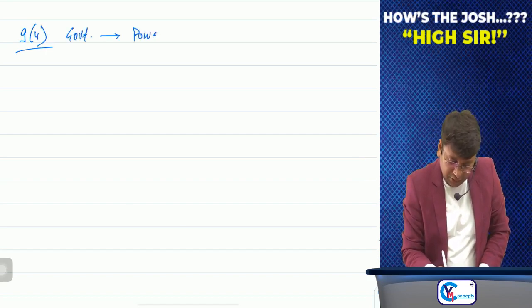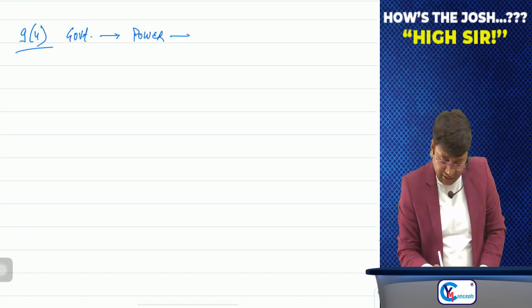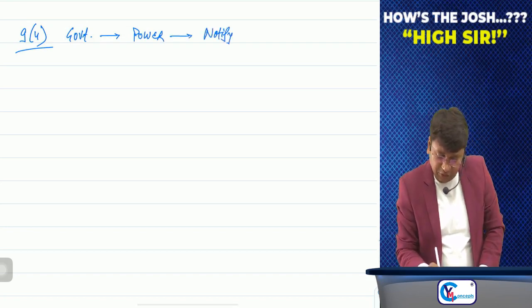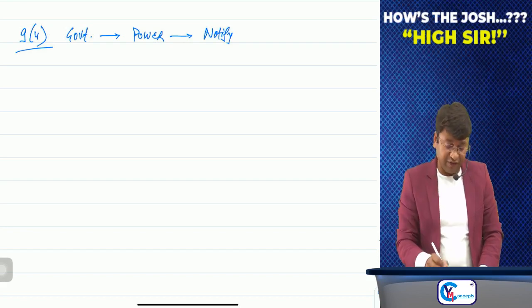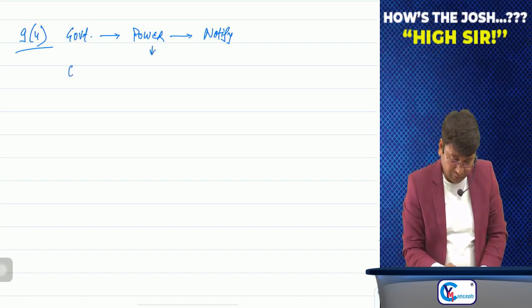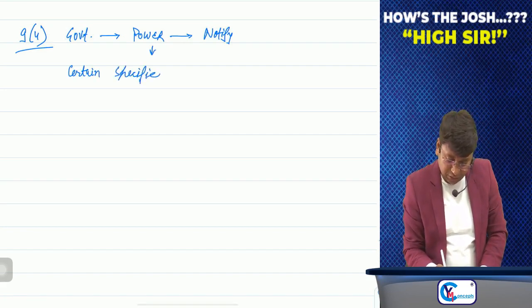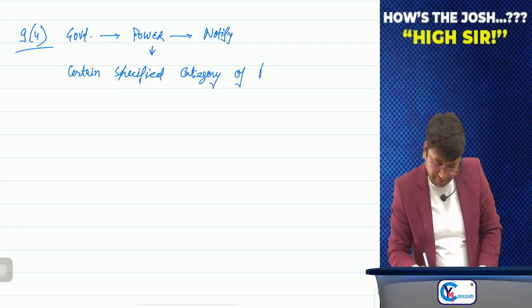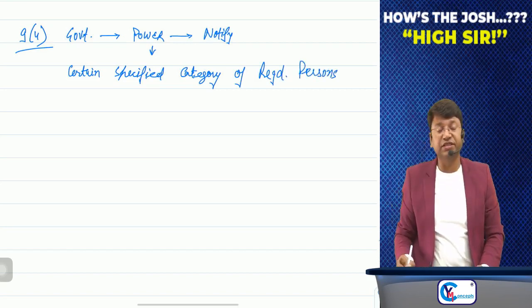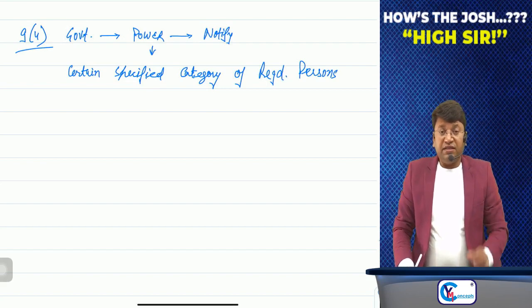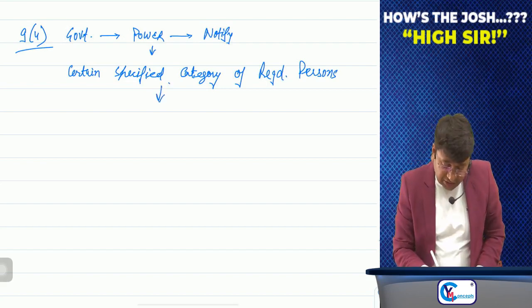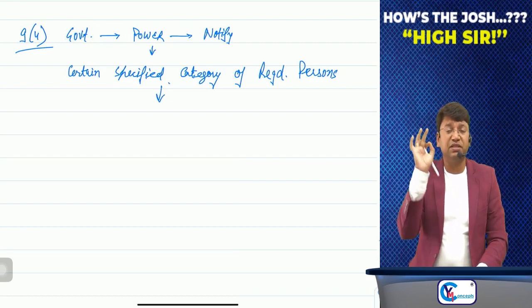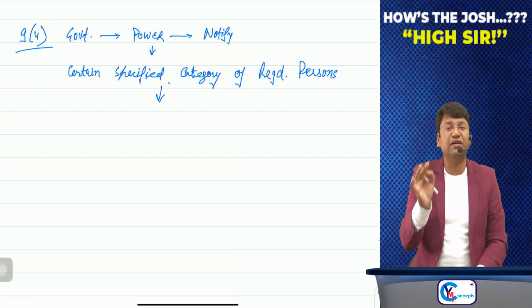Government has the power that they can notify certain specified category of registered person. They can notify certain specified category of registered person, and if they have notified those registered persons under section 9(4),